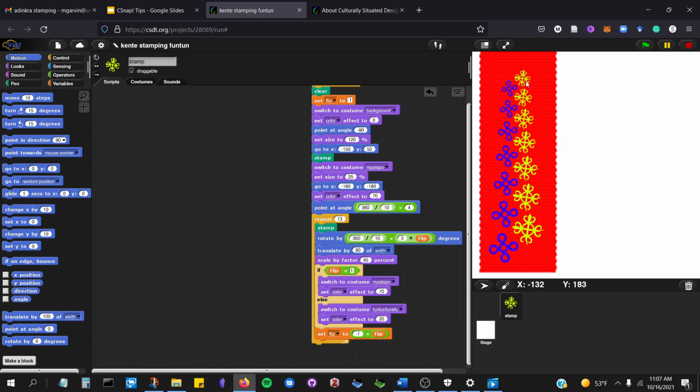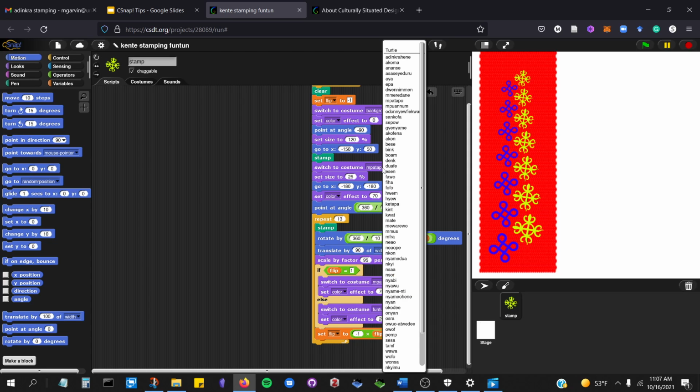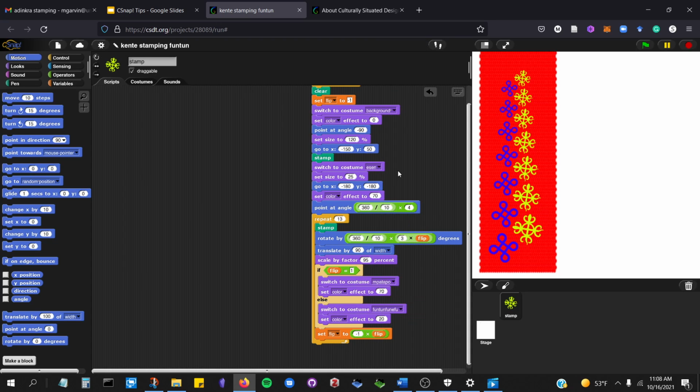That's this whole row. So let's say you want to have your own individual stamp here that's different from these other ones. Then you can go right up to this one and you click, and you see you get all of these other blocks. Now you can't quite see what they are, so you're just gonna have to play around and explore. But let's try this one. Essen. There you go. And now you can see you have a new stamp right there,